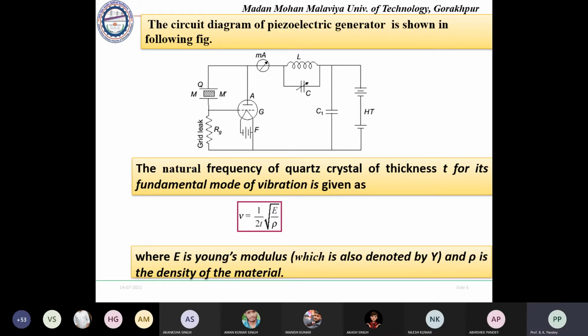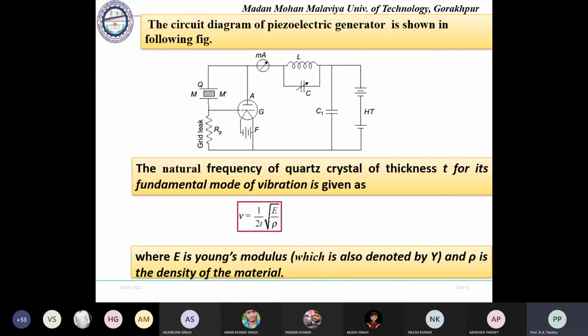Anyway, I'm telling you, for example, you have a capacitor having two plates. If one is charged positively, then obviously the other side will have the negative charge. So with this negative and positive charge, when this capacitor is fully charged, it will discharge through the inductor. And when the flux in this coil changes, there will be an induced EMF, and that induced EMF will have its direction opposite to the change in the flux. It means that it will try to oppose the change of the flux in the coil.